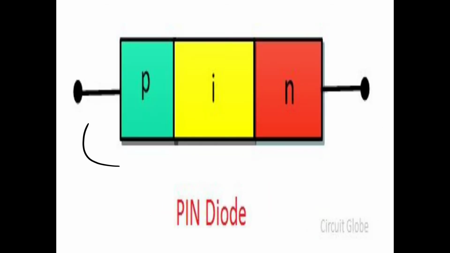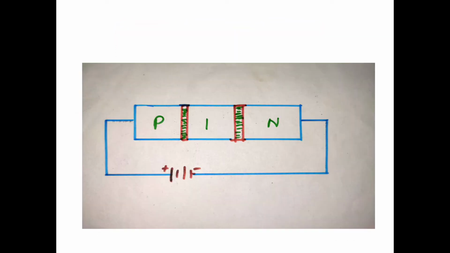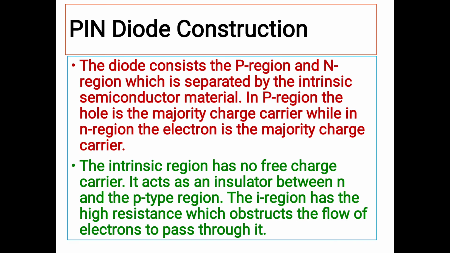And this is the basic structure of the PIN diode. This is the P region. This is the I region, that is the intrinsic region, which is sandwiched between the P region and the N region. This is the N type material. You can see from this figure, this is the junction of the P region and I region, and this is the NI region junction, and here we have applied the biasing potential. Depending on the biasing condition of the diode, it is going to operate in different modes. So we will see now